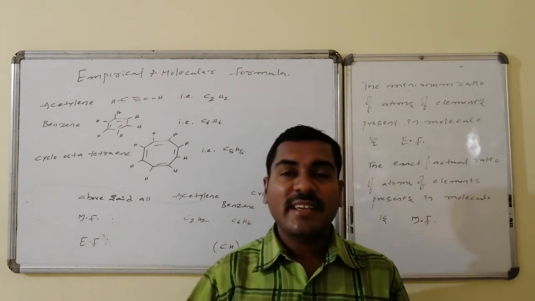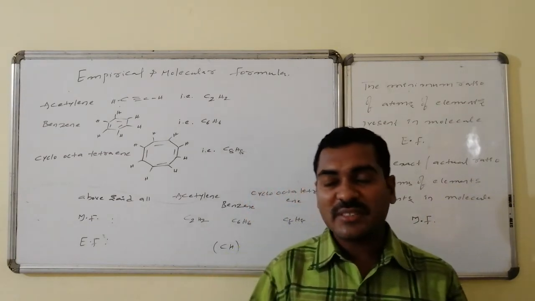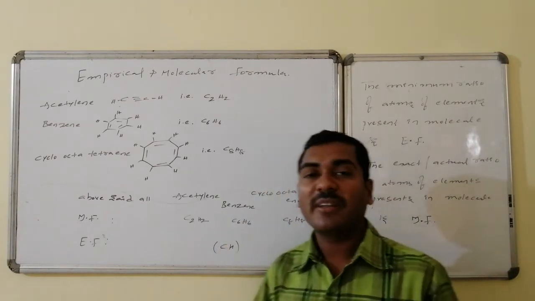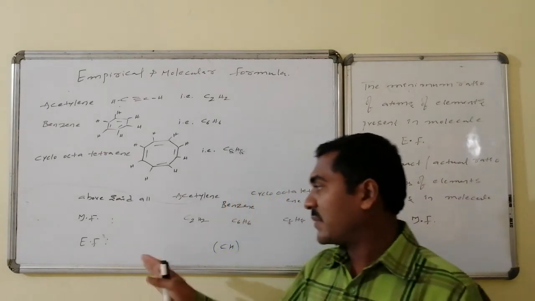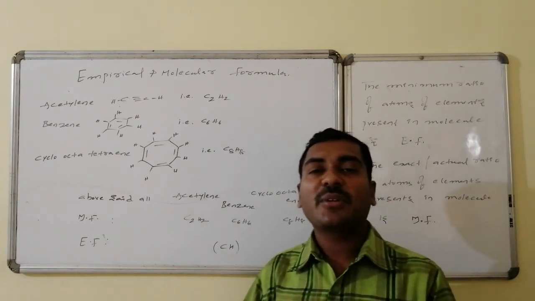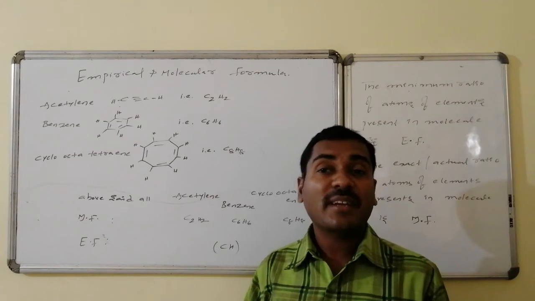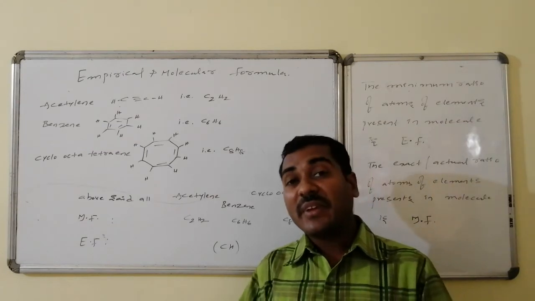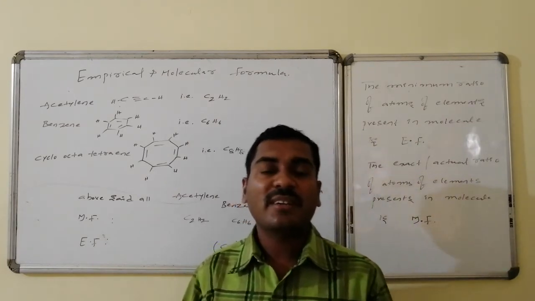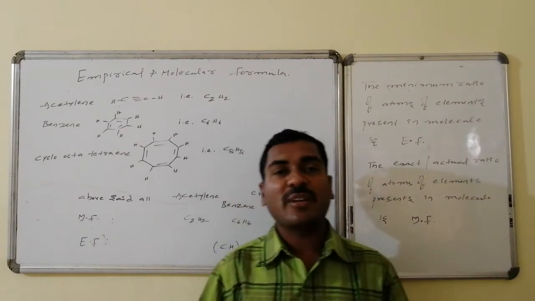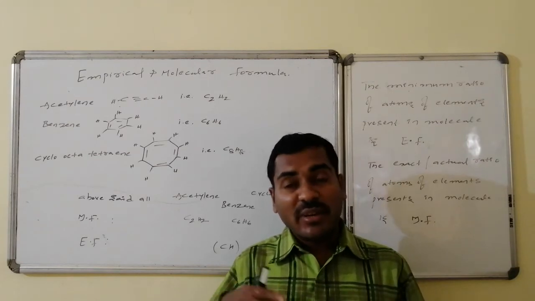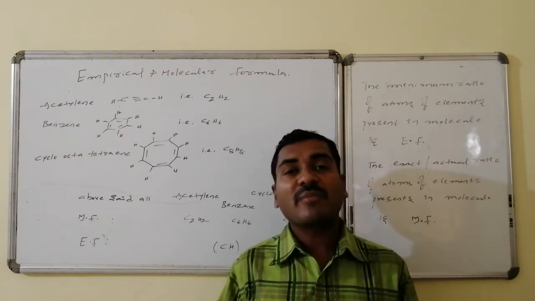Whereas in the molecular formula, the exact number of each individual atom present in the molecule is written as it is in the form of a formula. The empirical formula gives a logical idea related to the molecule, and many varieties of molecules can be a part of one empirical formula. But molecular formula is unique; every molecule has one particular formula that is its corresponding molecular formula.